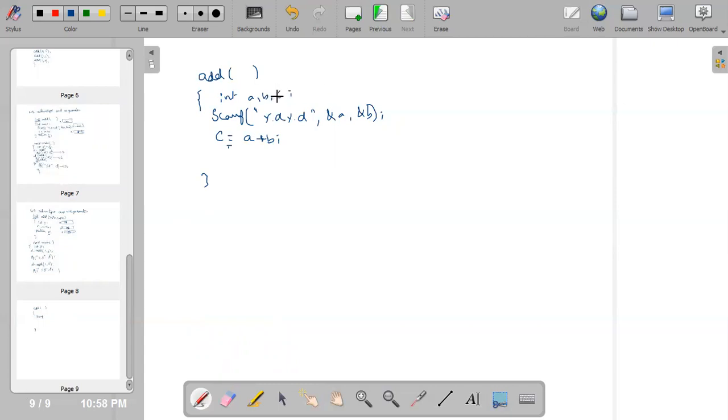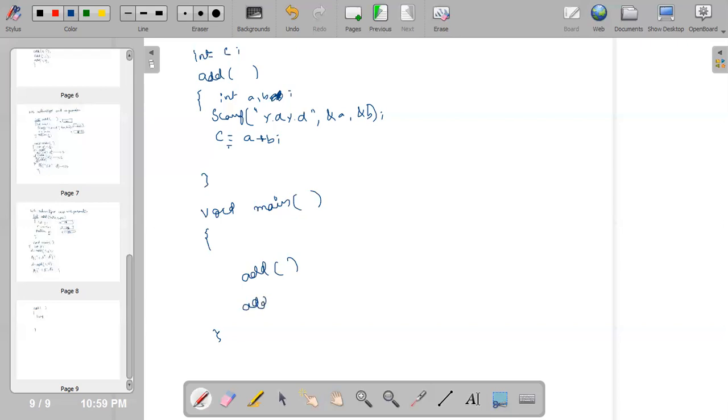Now I'll simply make this C a global variable, not a local variable. I'll tell you why. I'll make C a global variable. Now what I do is, I'll write my main function and I'll call my method called add. I did not write any return type. You just tell me what return type I must write. I'm calling this add function